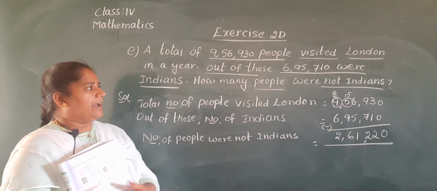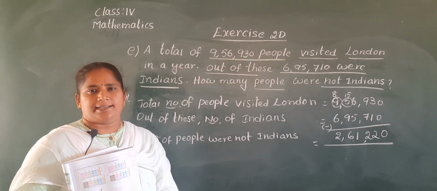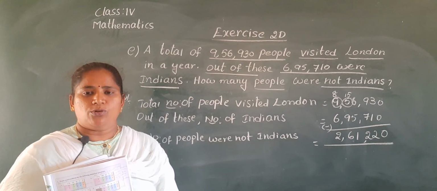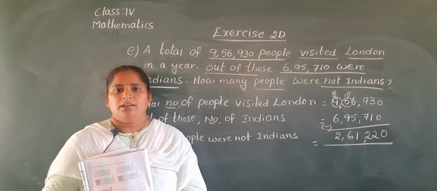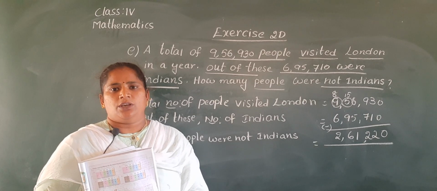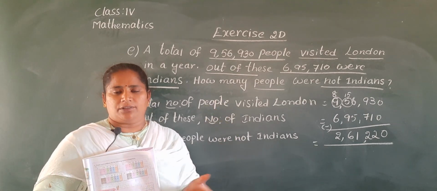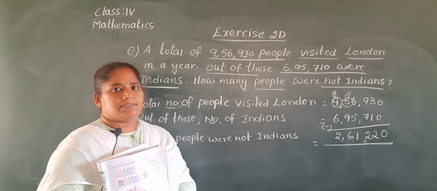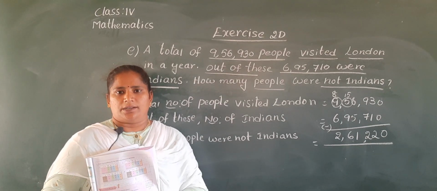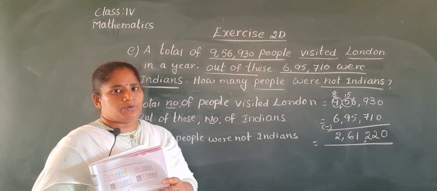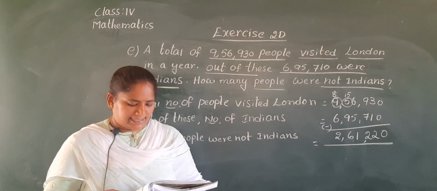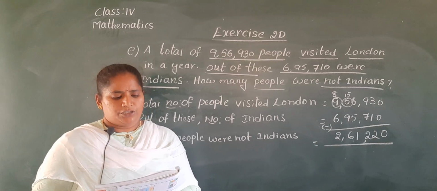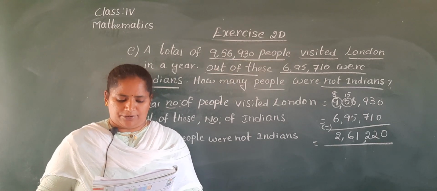Okay, ma. So I hope you understand today's class exercise 2D word problems, Nana. So my dear children, I sent the notes for the first chapter only, Nana. From second chapter onwards, you have to watch the video and continue on the classwork, isn't it? I hope you all are doing the same. Continue the classwork. So in exercise 2D, first Roman is completed. The second Roman is there, Nana. Tomorrow we will continue the second Roman.